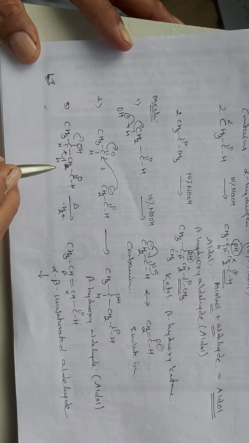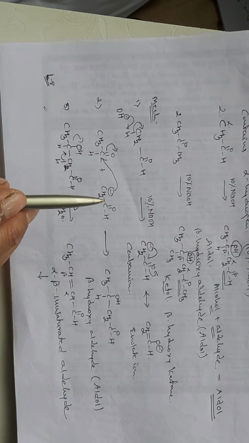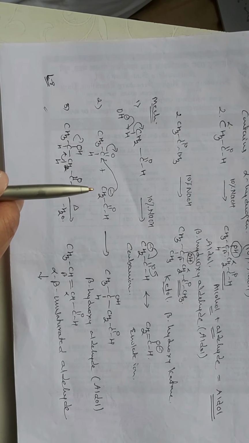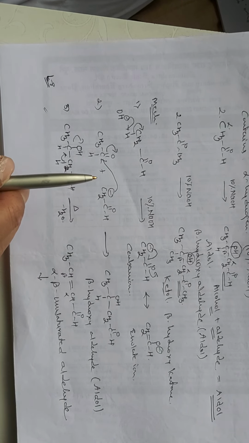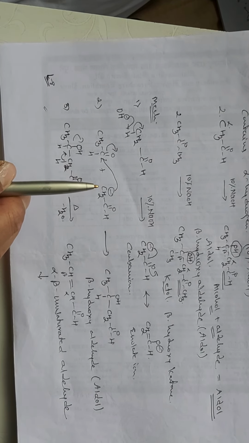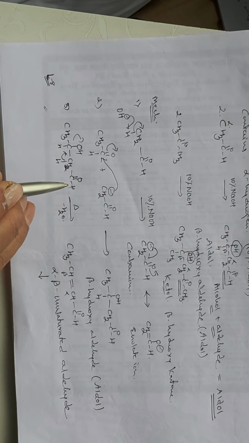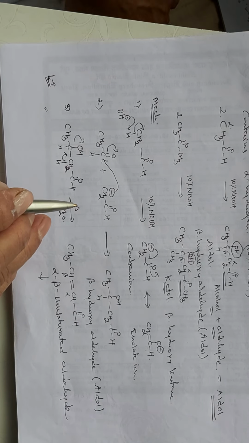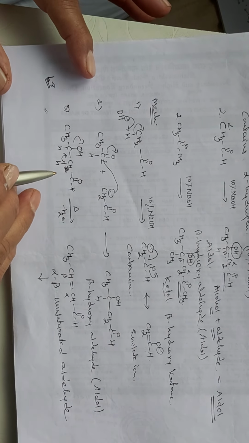So, we were discussing the aldol condensation. We have seen the mechanism of the aldol condensation. The reaction takes place in two steps to form an aldol. Two molecules of aldehydes which contain alpha hydrogen atoms undergo condensation in the presence of a strong base, that is 10% NaOH, to give a beta hydroxy aldehyde, which is called an aldol, or a beta hydroxy ketone, which is called a ketol. So this reaction takes place in two steps.